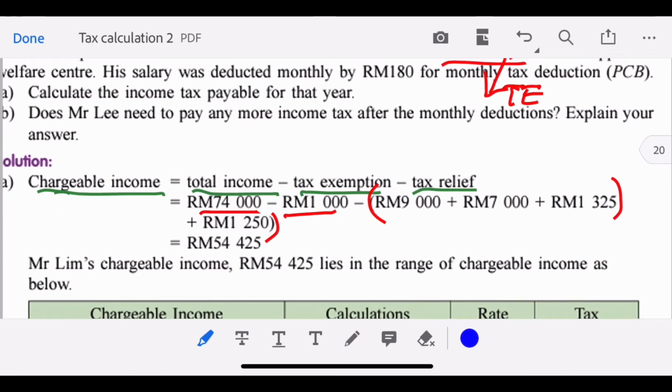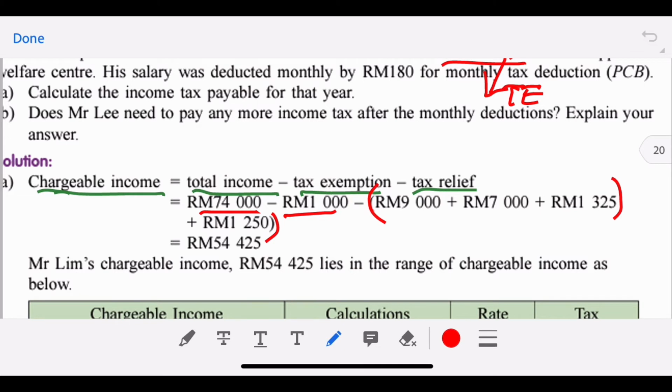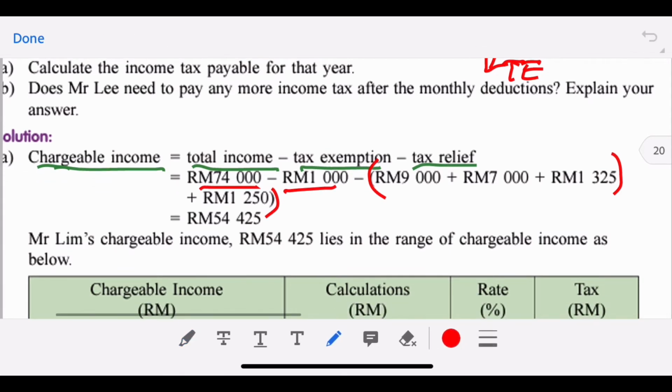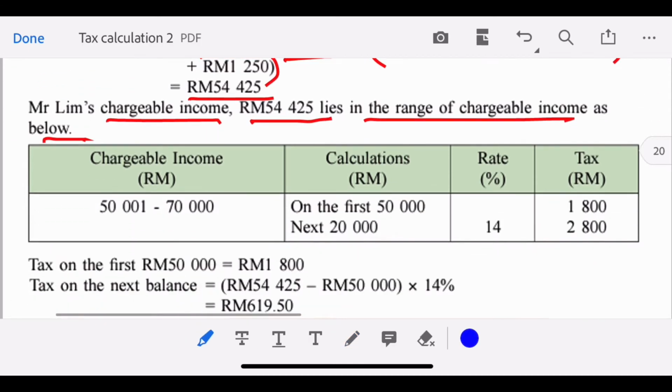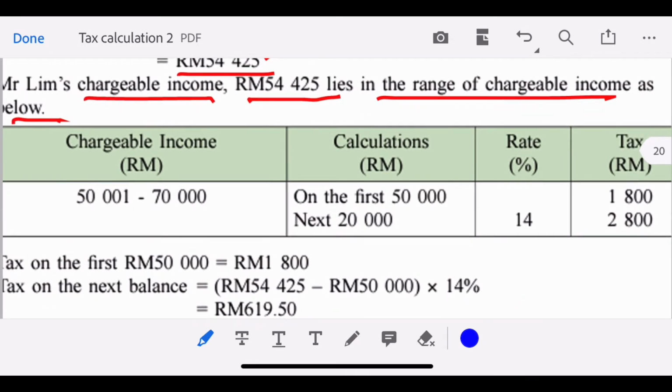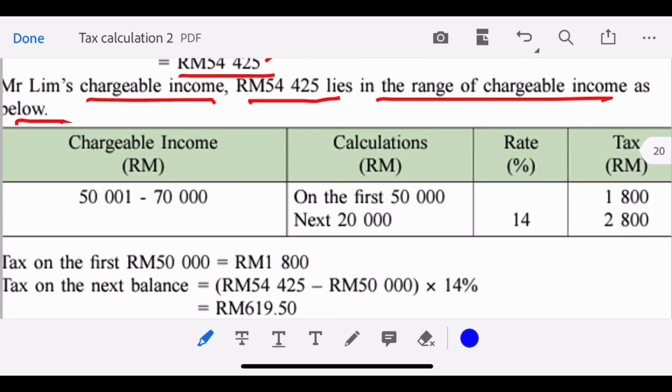After we take the total income minus the tax exemption minus the tax relief, the chargeable income is 54,425. So Mr. Lim's chargeable income is 54,425. It lies in the range of chargeable income as below. So let's refer to the table. So 54,000 lies between